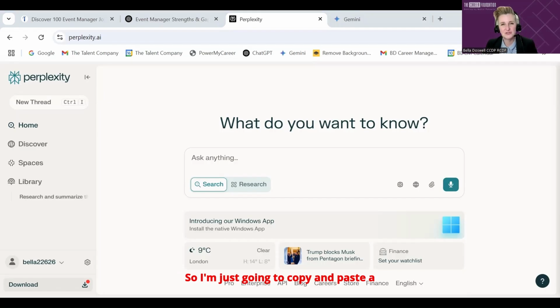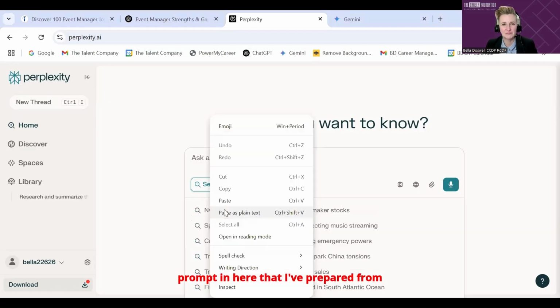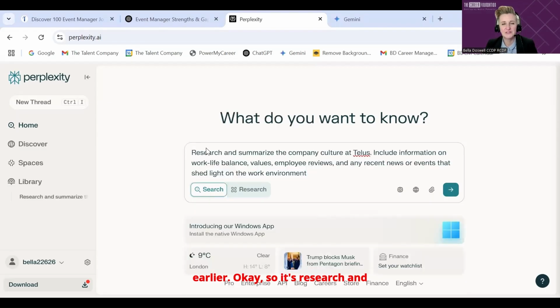So I'm just going to copy and paste a prompt in here that I've prepared from earlier. Okay, so it's: research and summarize the company culture at TELUS. I chose TELUS because it's a well-known Canadian company. Include information on work-life balance, values, employee reviews, and any recent news or events that shed light on the work